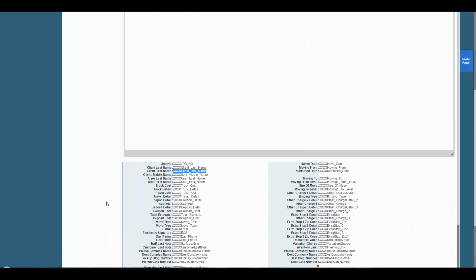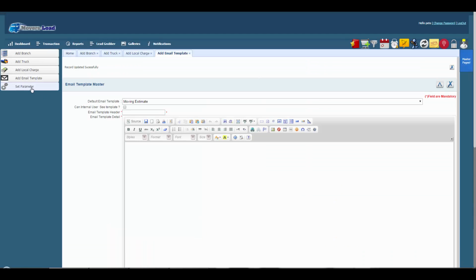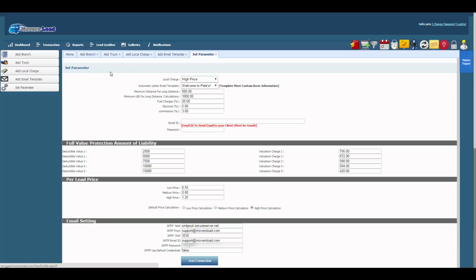Now, let's go ahead and click on Set Parameter. On this page, you'll see that we already have some information here, but it'll be blank on your new account, so you'll want to start filling in these fields. You may want to start with making your high price the default. Click on the arrow and select either high